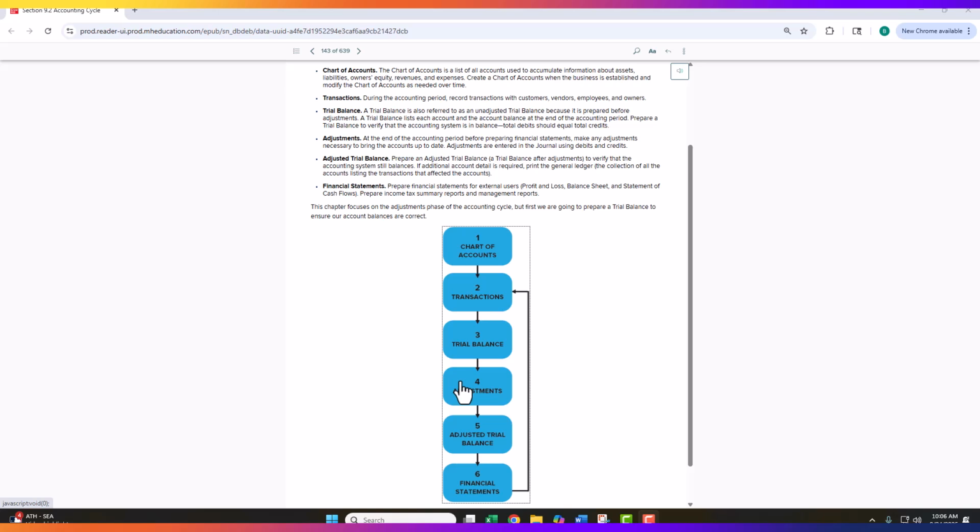They're our way of recording things that really happened during the period but haven't been entered yet, like the use of supplies in the office. It's not like we're going to ask our employees to fill out paperwork every time they staple two pieces of paper together. Instead, what we do at the end of the period is we take a physical count of the supplies that remain in the supplies cupboard, and we compare that against the unadjusted balance of the supplies account from